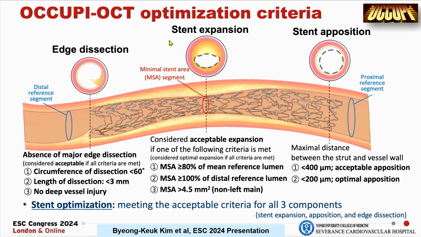And I think for the OCT, the optimized criteria, we can know that OCT can perform better imaging than angio for edge dissection, also stent expansion, and also stent apposition. So we can get more stent